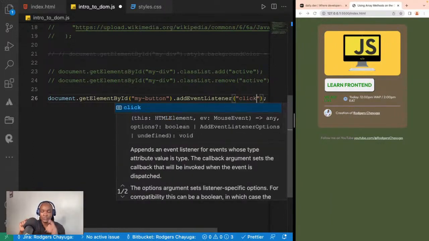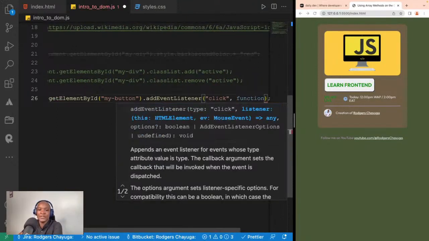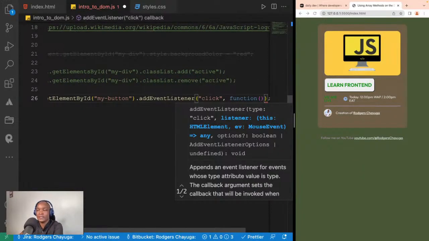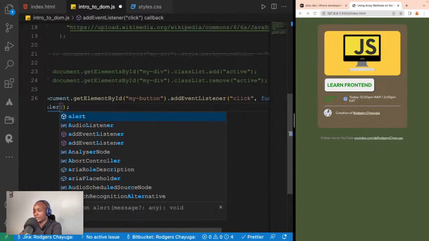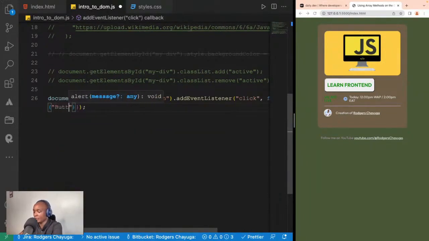event, so that when you click it, it's going to listen, it's going to do what you want it to do. Apart from that, the event listener function takes in two arguments: the event that is being listened to and what it is supposed to do, which is a function. So we have the event, which is a click, and you're going to have a function. This function, we're going to take any argument, which is going to return an alert. So let's return an alert, and it's going to say button